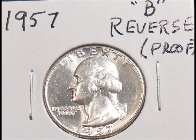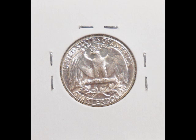Moving on to the 1957 Type B reverse. Once again, this is a circulation business strike coin that has the reverse with a proof minting on the reverse. The 1957 Type B reverse ranges in value in an MS60 at around $35 up to about $75 for an